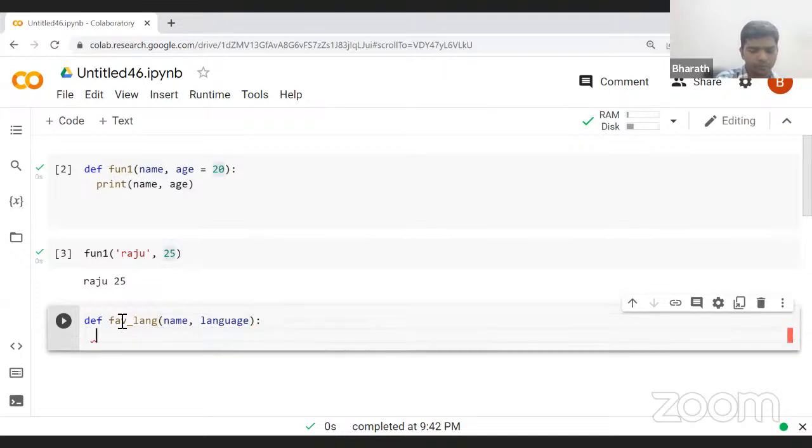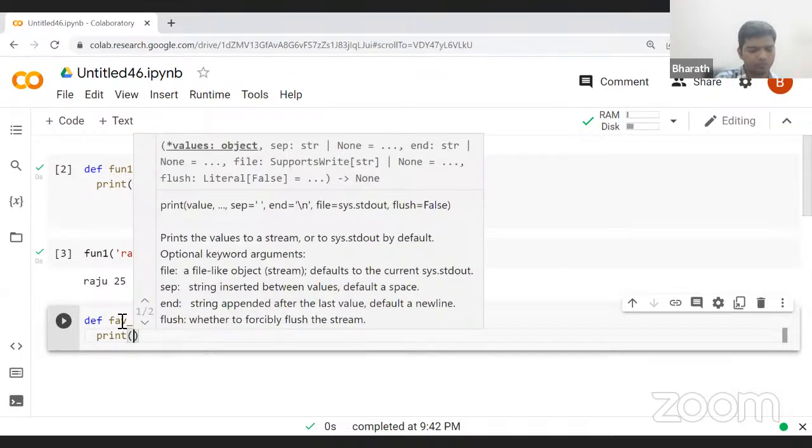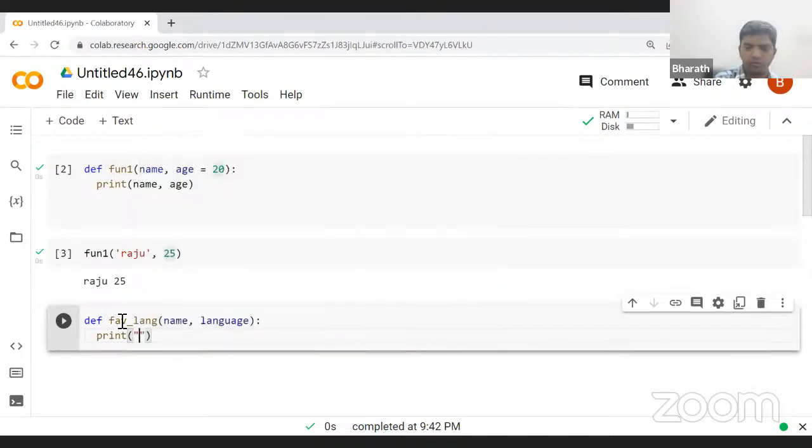And then I use a print function and I say hello, I am, and within this I'm passing